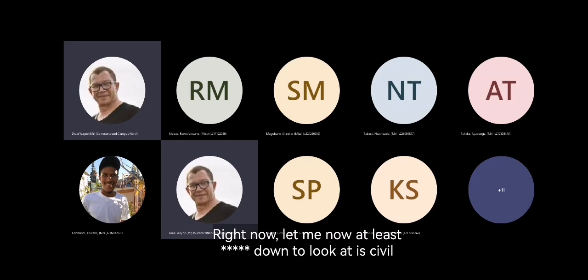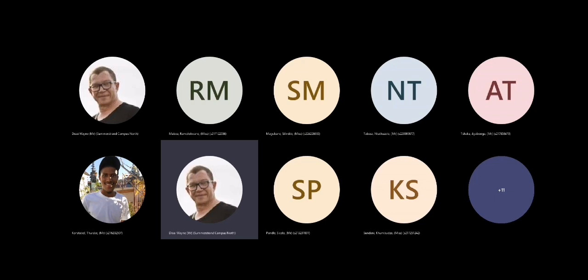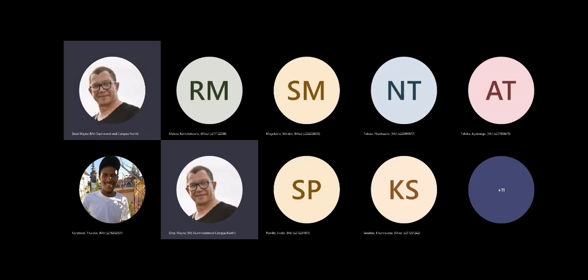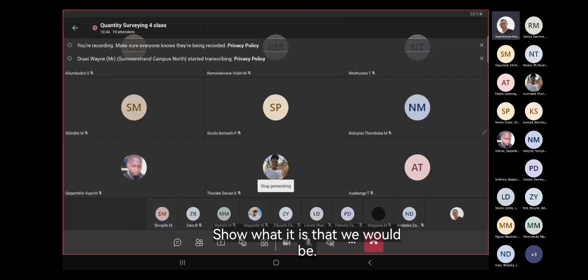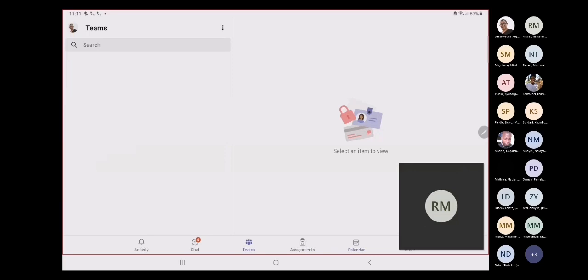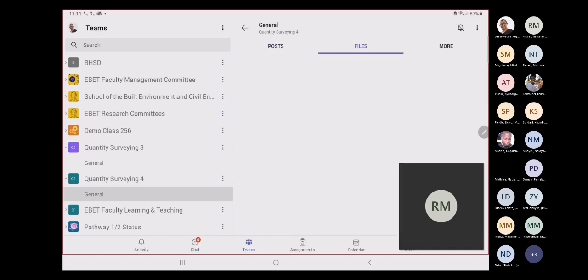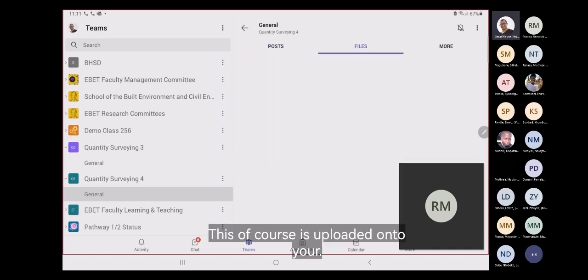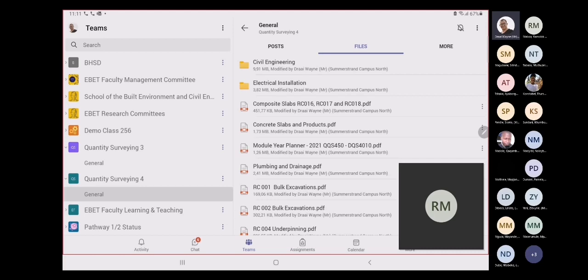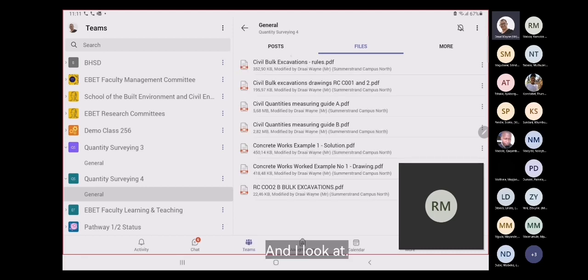Right. Now the next thing I want to look at is civil works. I want to look at civil works and show what it is that we would be doing next. This, of course, is uploaded onto MS Teams. I'm going to look at civil works, and I look at